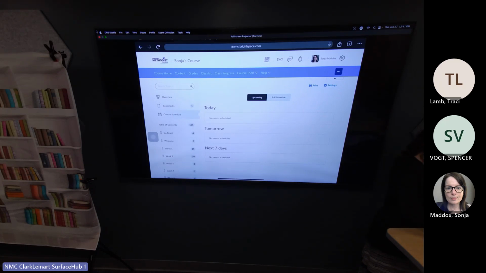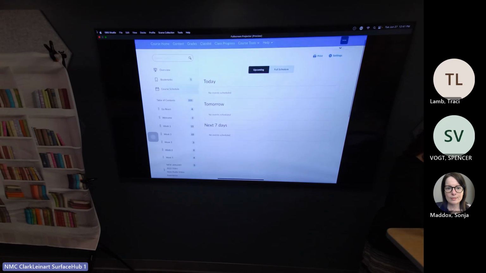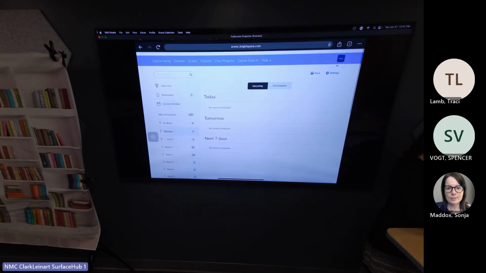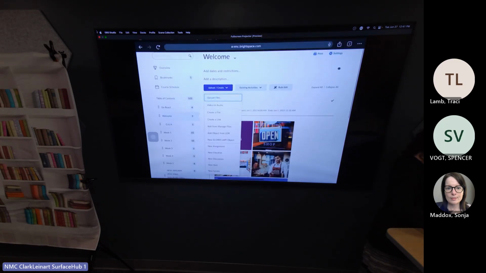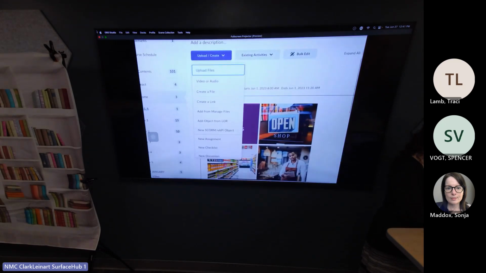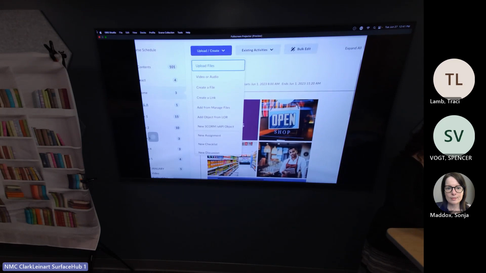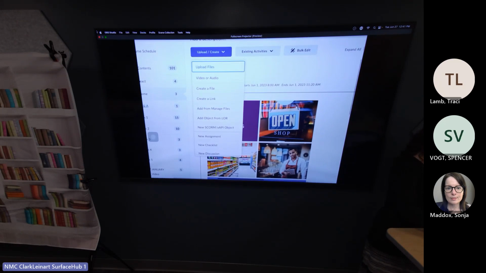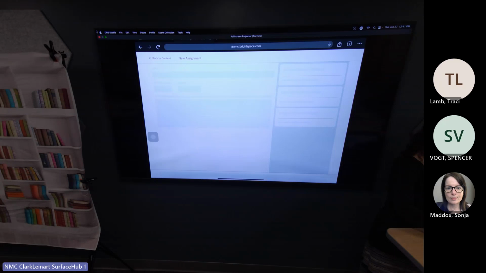So the main pieces of content I wanted to make sure we covered was how to create a web page. This is also anywhere here that if you wanted to add in a new assignment, you can do that from here.